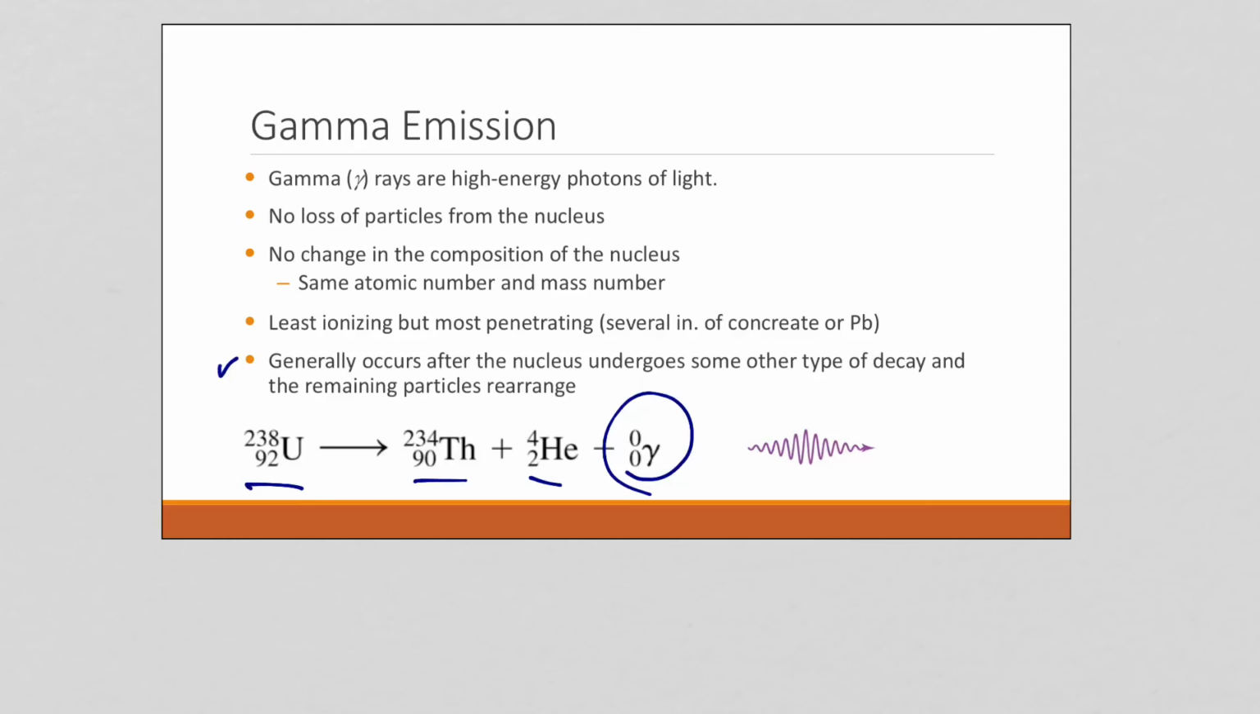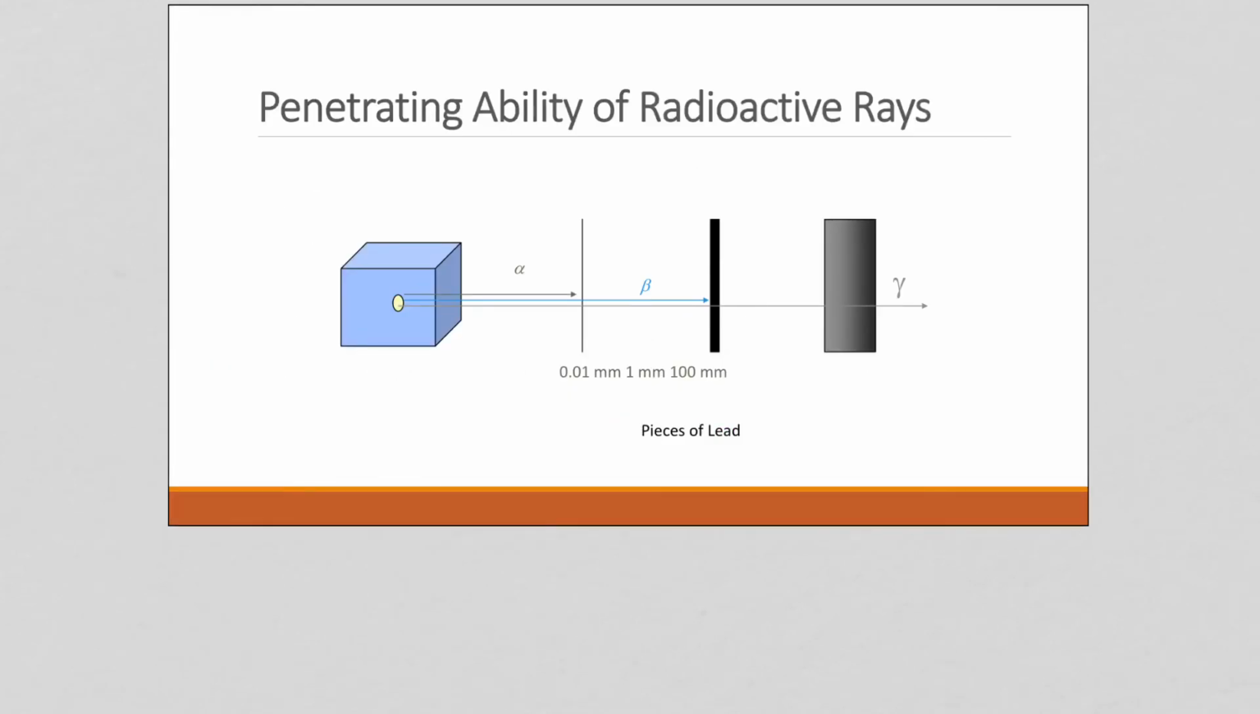Now, of course, not always, right? It can occur by itself, but this is where we tend to think about it. So, just to review these penetrating abilities,